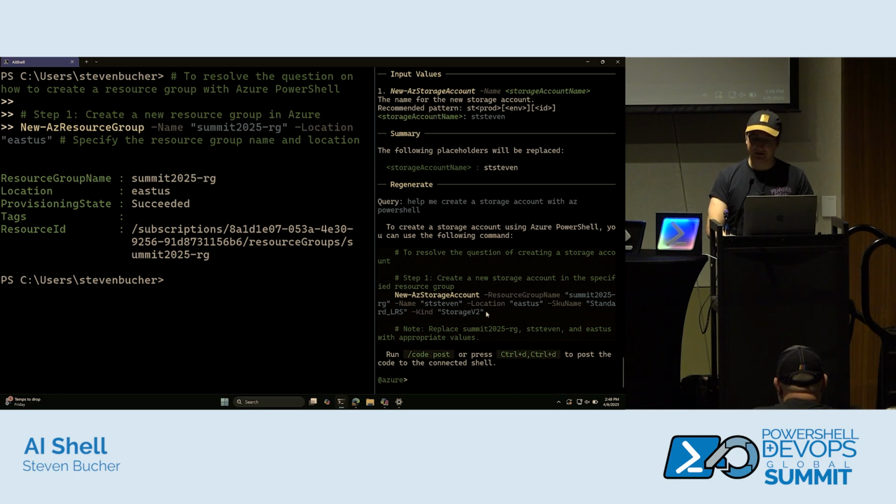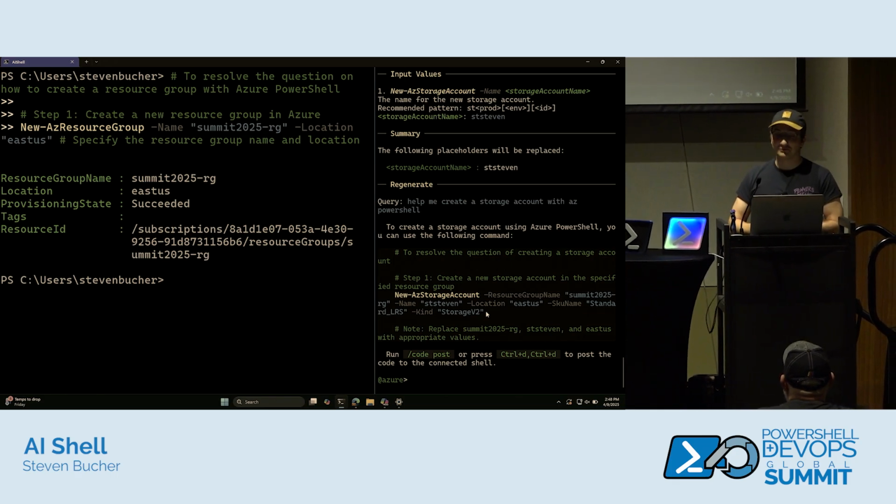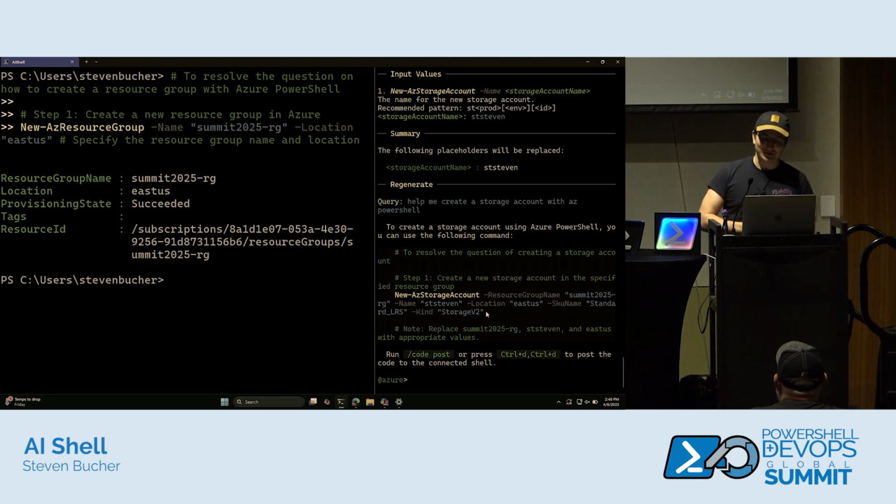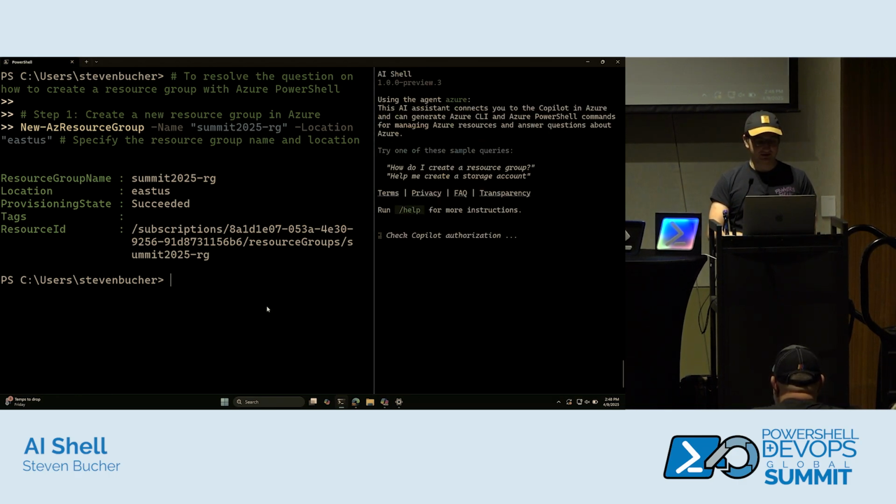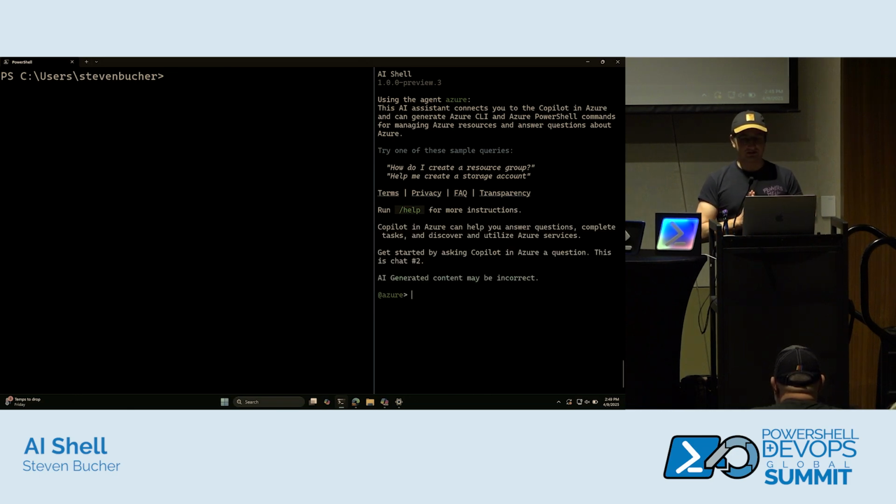I learned last night as I was doing these demos that our company has a policy, so I cannot just do this. It's going to fail. But trust me, when I say that you can create a new storage account pretty easily here. So I can try something else where I can say, actually I'm going to refresh it so everyone can see it from the start, and we can